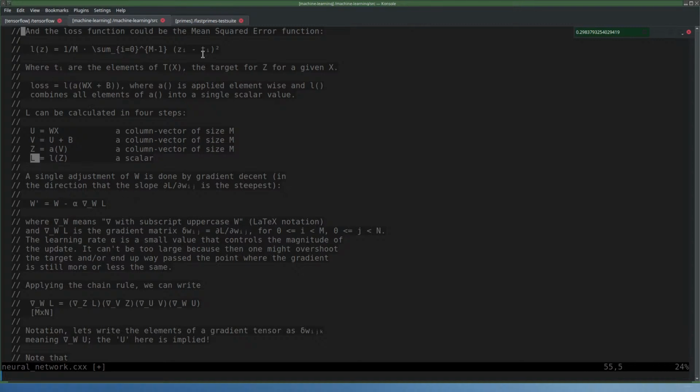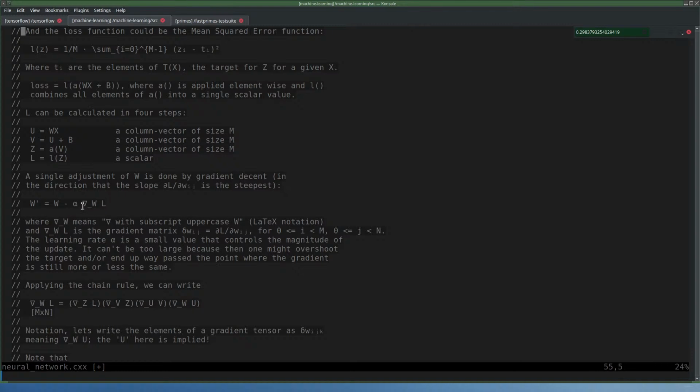Note that the loss function is a sum of squares, so it's always positive. So if you reach 0, then you are completely done. You have a perfect neural network, perfect weights and biases. And the fastest way to get there, I mean the steepest downhill way, is given by this,